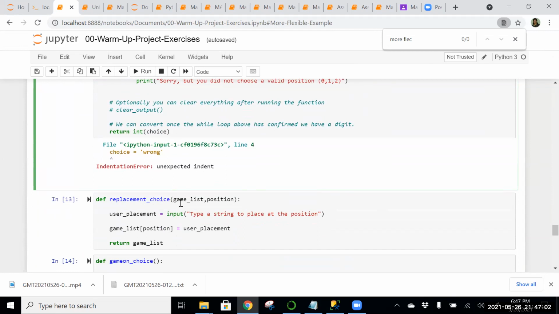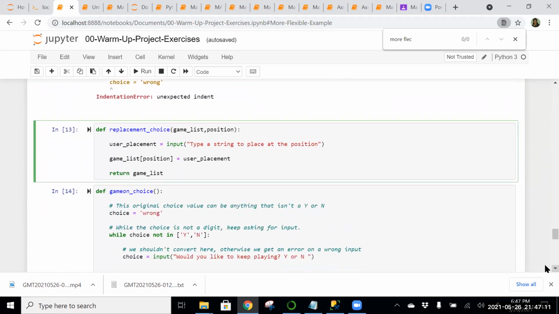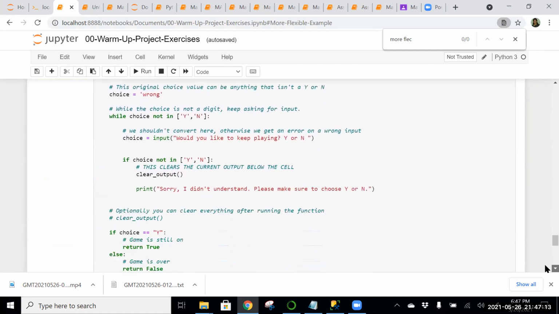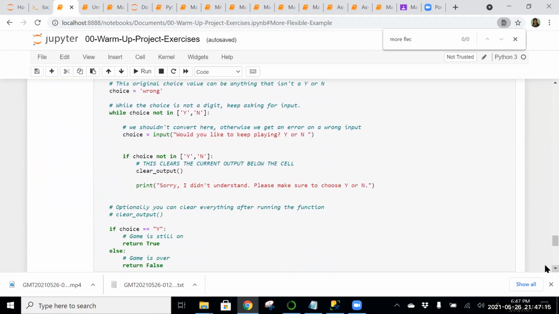Then we have created another function over here in which we are replacing the value. So there are multiple functions that have been created, right? In which we are replacing that value which he wants to be replaced, as in at what index position he wants the value to be replaced with a new value. So these are the functions that are created for that, just multiple functions over here.